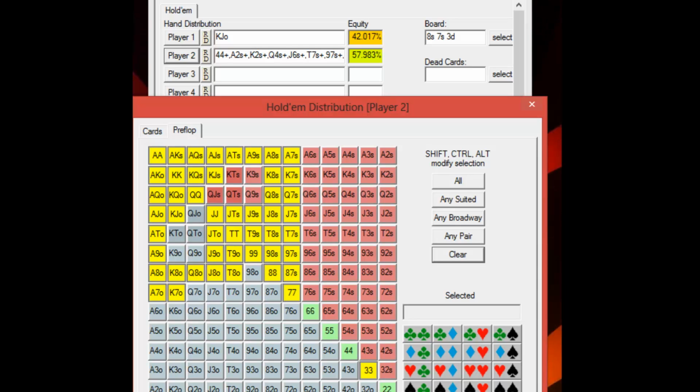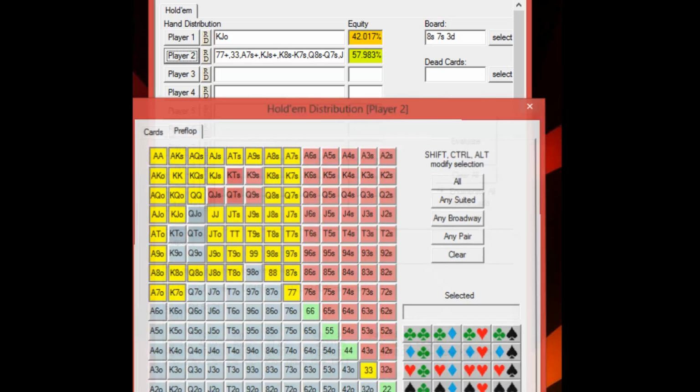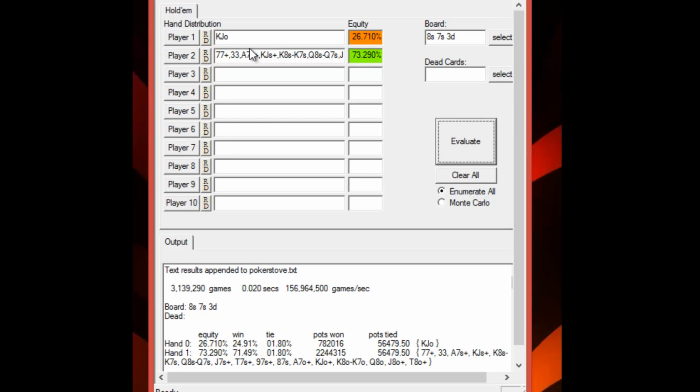For one, our king jack has some outs against even this range. If we look at it, we're still 26% to win even when he hits his hand pretty significantly. So we've got some equity there. But he also folds 13% of the time, which is about 33% of the times we bet. Now if we're c-betting half pot, he only has to fold 33% of the time to make this profitable, because